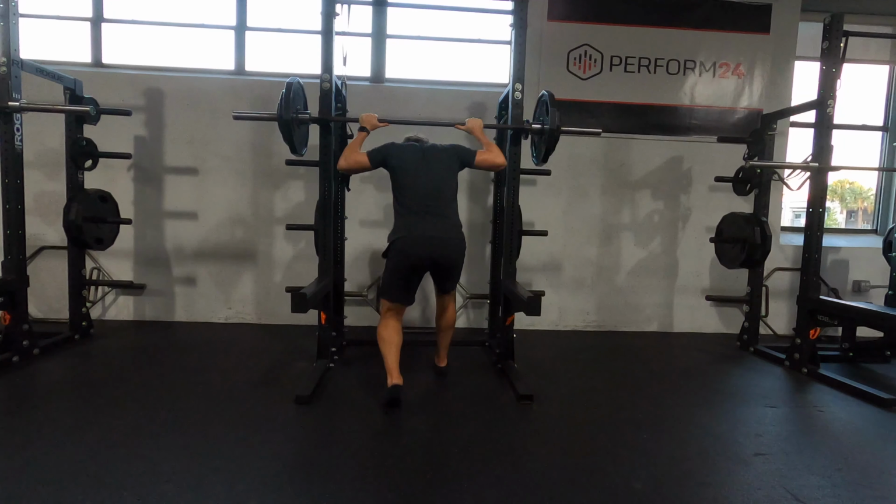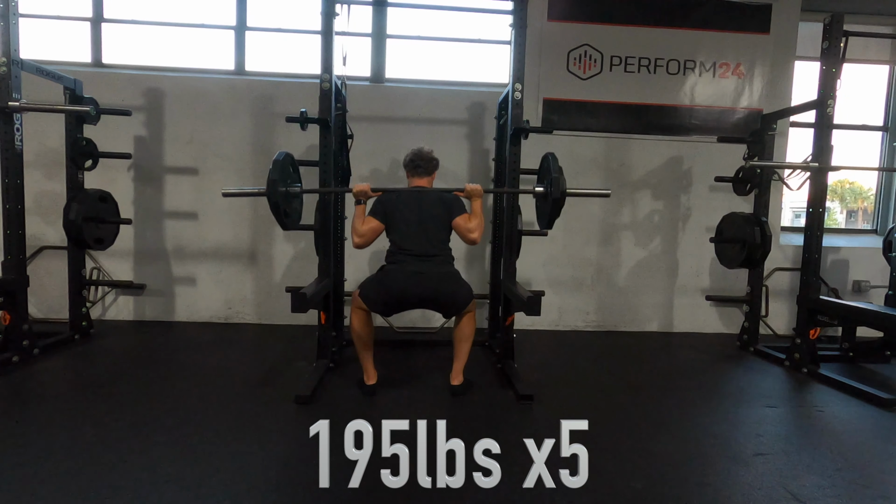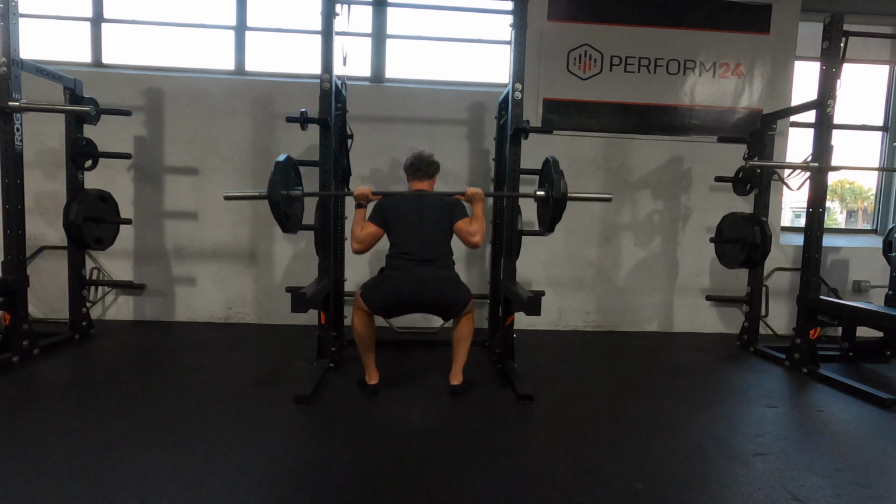typical Perform24 programming. As we've talked about a couple times in these videos, the Squatober program is a squat specific program. Not only is it squat specific, but it's even more detailed than that. It is a max strength squat specific program. All of these sessions, day after day for the entire month, are leading up to a brand new 1RM at the end of the month. This year, October 30th falls on a Friday, so in 2.5 weeks, I'm gonna be attempting a new PR. Based on the way things are going right now, I have a feeling I'm gonna smash my current PR of